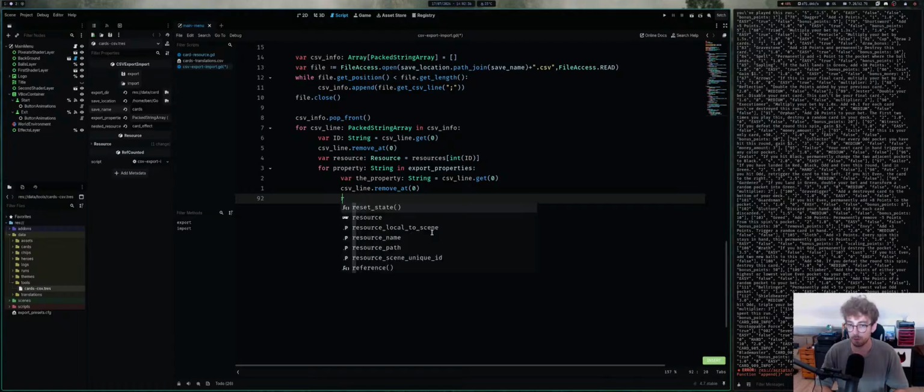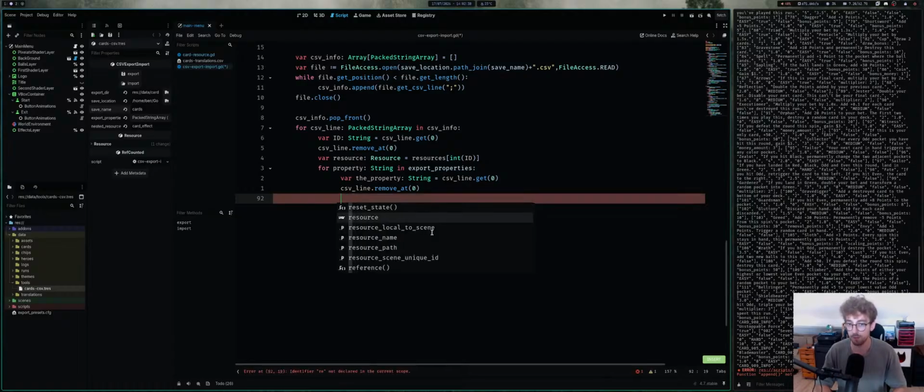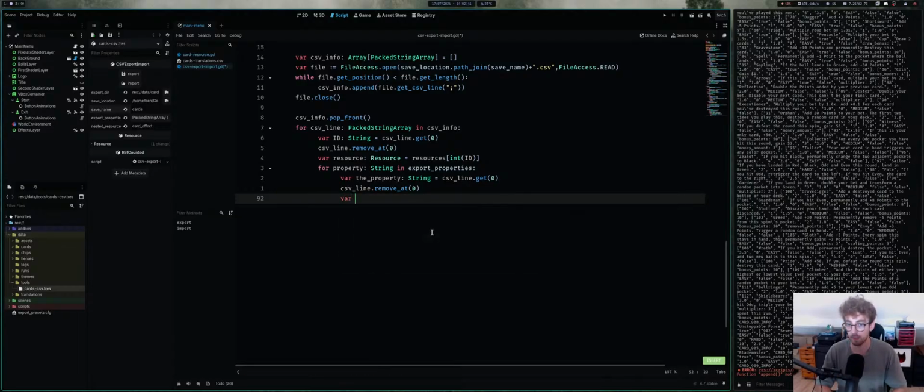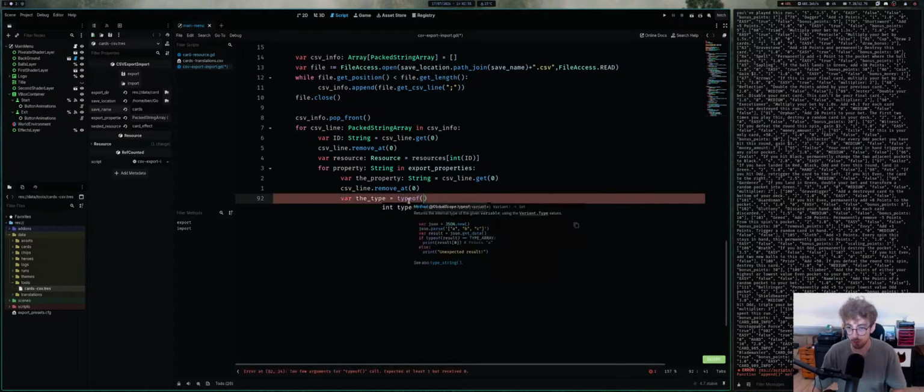I do resource. I need to first get a type, right? Var the type is equal to resource dot type of, or no, is it just type of, which returns me an integer. So there's the type of result equals type array. I think I can use them. Type of